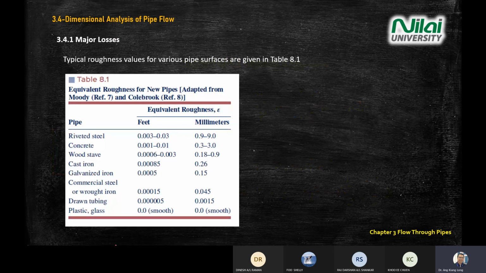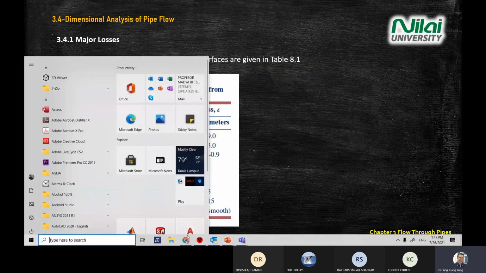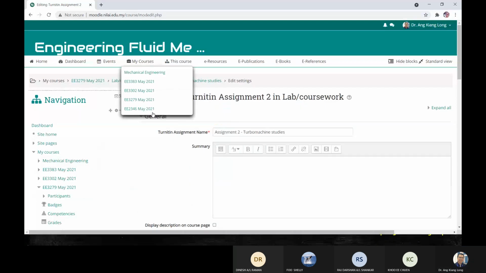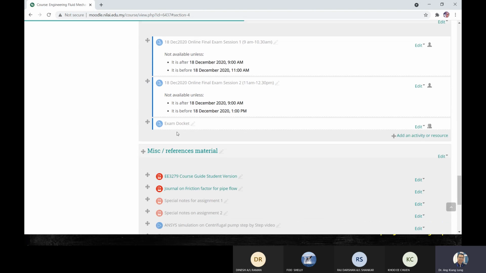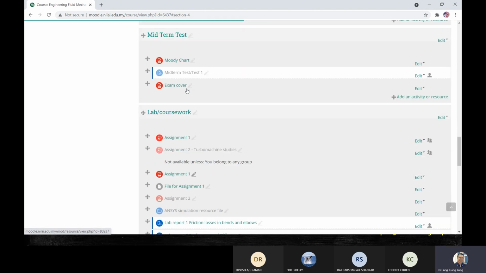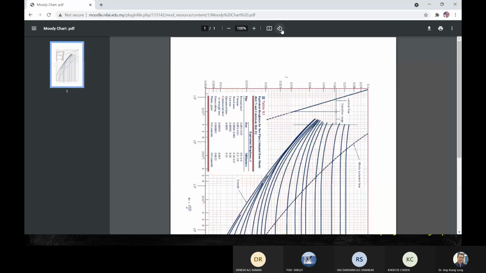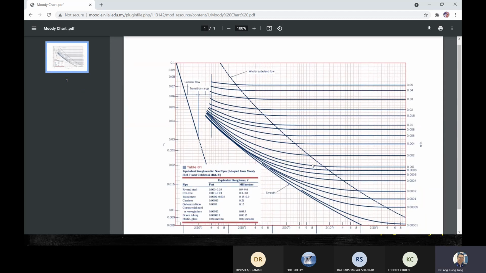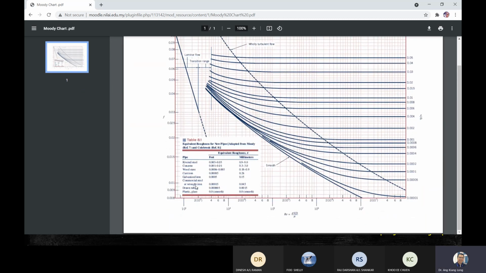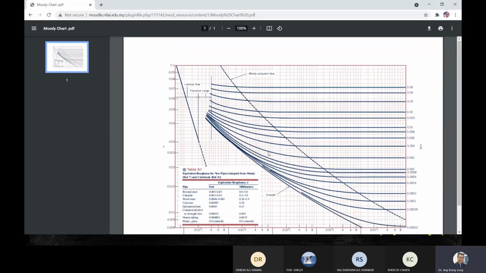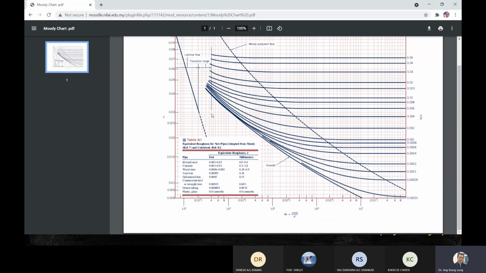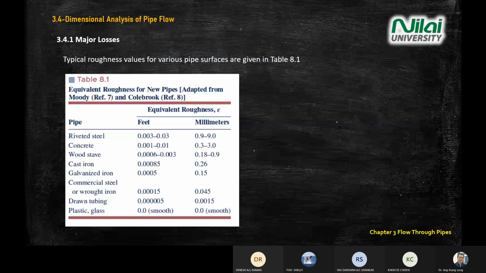Next one, this table is under the graph that I asked you to download from Moodle just now. You need to download this one, the Moody Chart. I asked you to download it before we started our class. So I extracted this table from this Moody Chart. It's an important table for your test and final exam. So this table, 8.1,